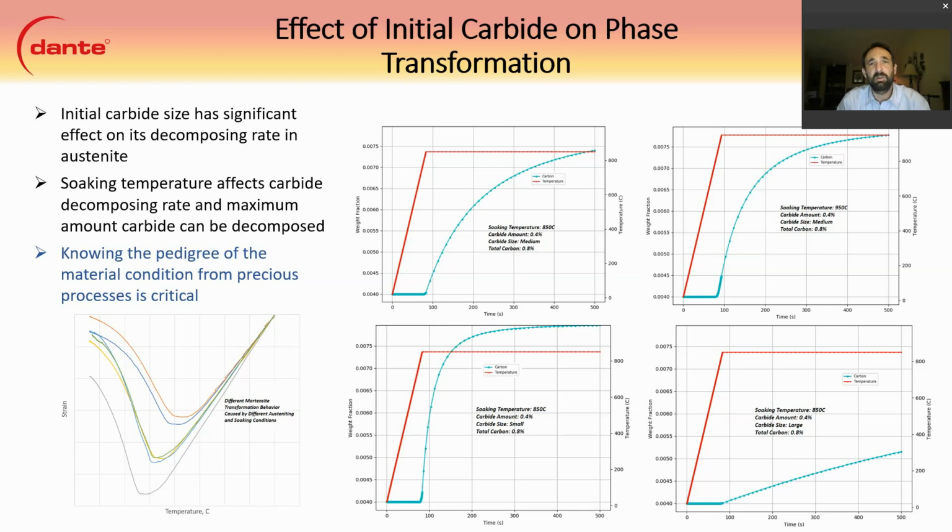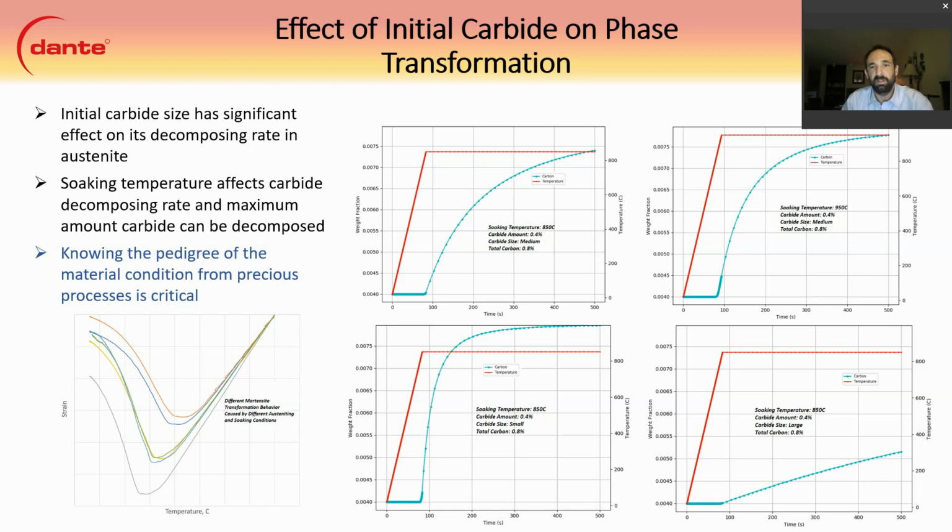So that's carbon which is in the matrix or is easily dissolved, and carbon in primary carbide form. So the blue line represents total carbon. So you can see that we start out with 0.4% or 0.004 weight fraction